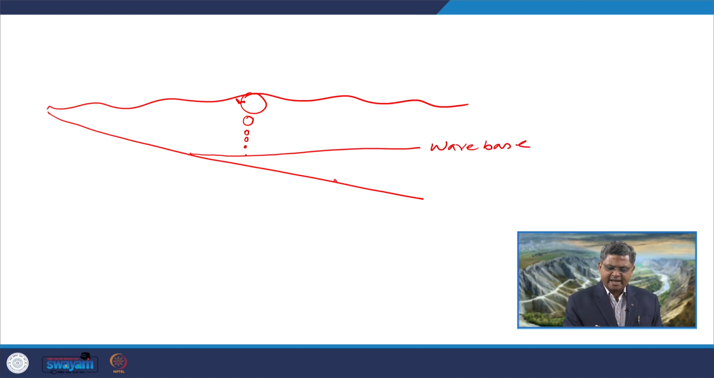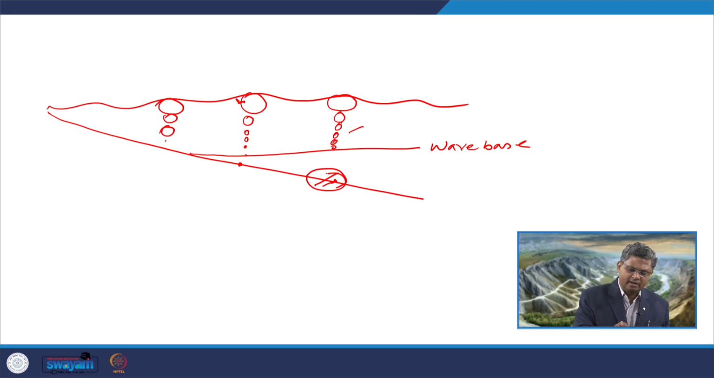So, any area lying below this or beyond this towards the oceanward side, say for example, a wave forming over here will have a wave vortex, and that wave vortex will die out within this wave base. So, sediments lying here are not affected by this wave because they are lying below the wave base. But sediments lying somewhere here will get affected because the wave base is not dying out and it will try to